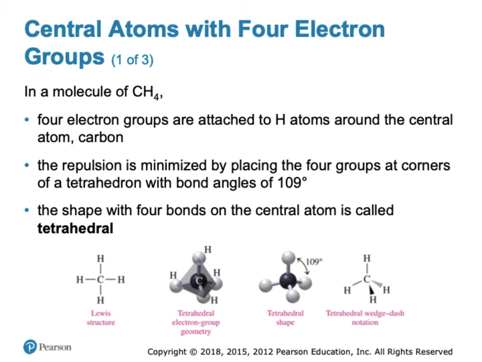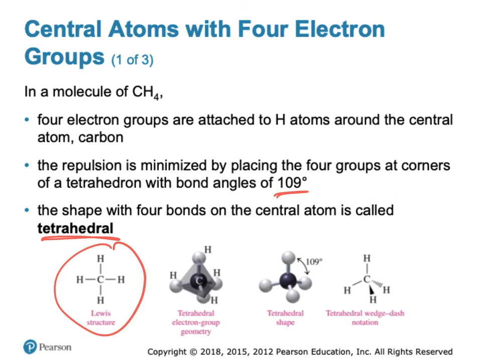Now we're going to look at central atoms with 4 electron groups. So we've already drawn the Lewis structure for CH4, which is also known as methane. And you can see the structure here. In order to minimize the repulsion of these 4 groups, they are going to be arranged in a tetrahedron with bond angles of 109 degrees. So the shape with 4 bonds on the central atom is called tetrahedral. Know that when you have 4 bonding groups, you have a tetrahedral arrangement with a bond angle of